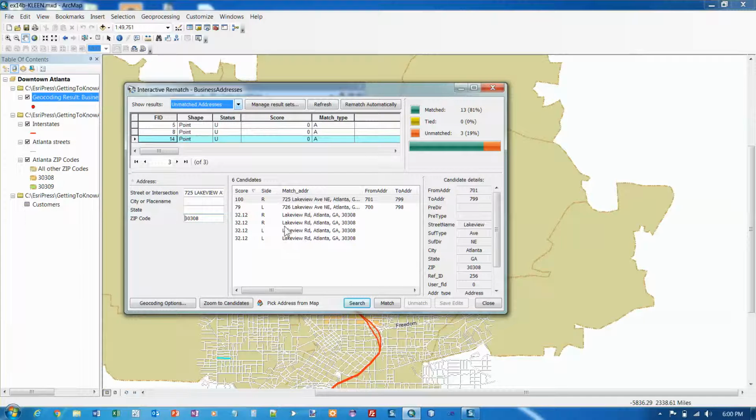And now it is trying to find a match for me, and there's one here that comes up with a score of 100. Okay, and so that is probably the correct one. So let's select that one, and let's click on match. Okay, so now that one has a match, and now we're going to go to